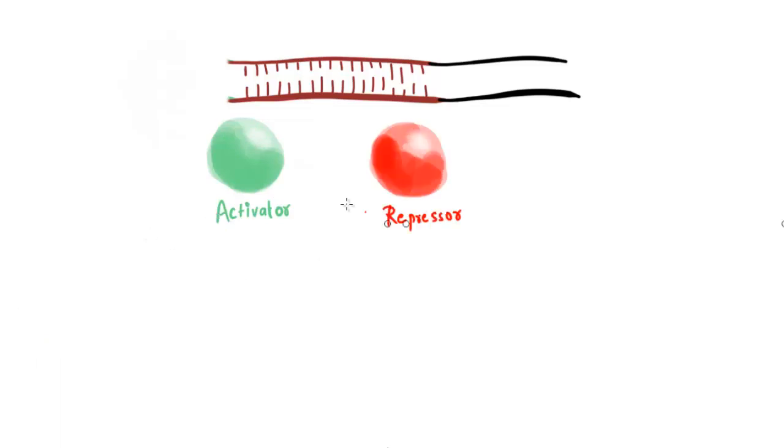A promoter is the sequence of nucleotides onto which a protein can bind. In this condition, the protein is the sigma factor. Sigma factor helps RNA polymerase to recruit onto the DNA so that it can polymerize the gene. The second regulatory sequence is the operator, and onto the operator 2 kinds of protein bind. One protein can enhance expression, and these proteins are known as activators. The second kind of protein represses the expression, that's why they are known as repressors.